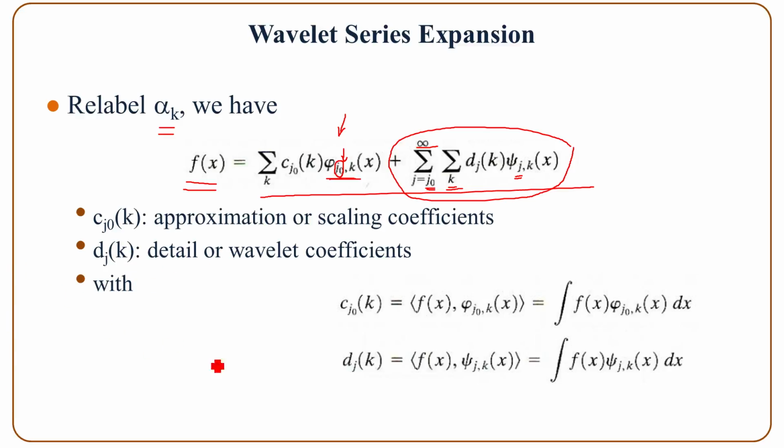And here the coefficients c j0 are the approximation or scaling coefficients, and dj are the detail or the wavelet coefficients,